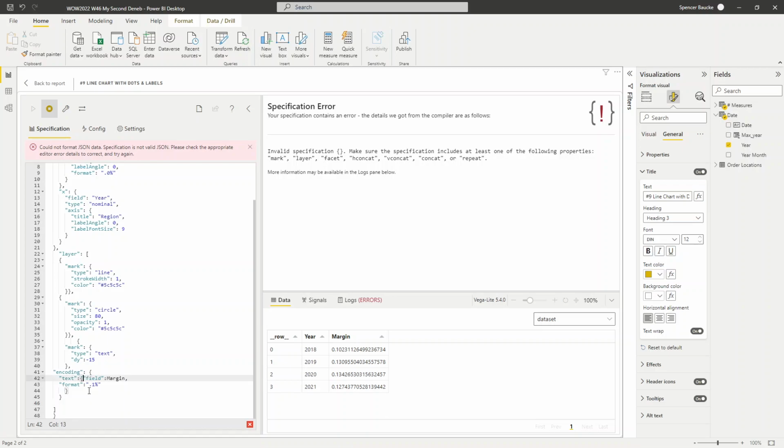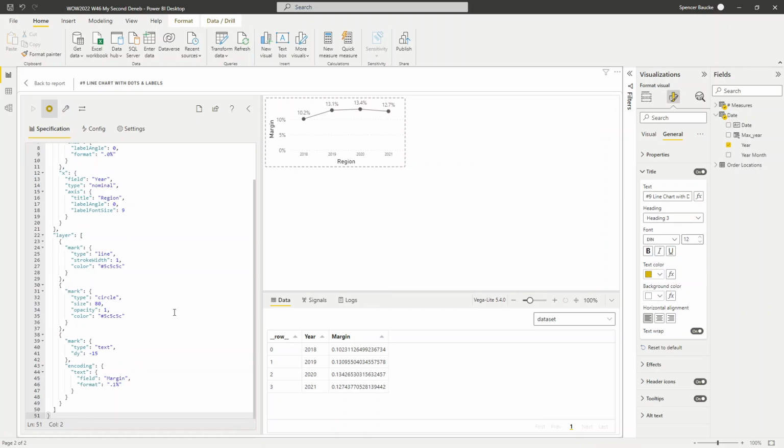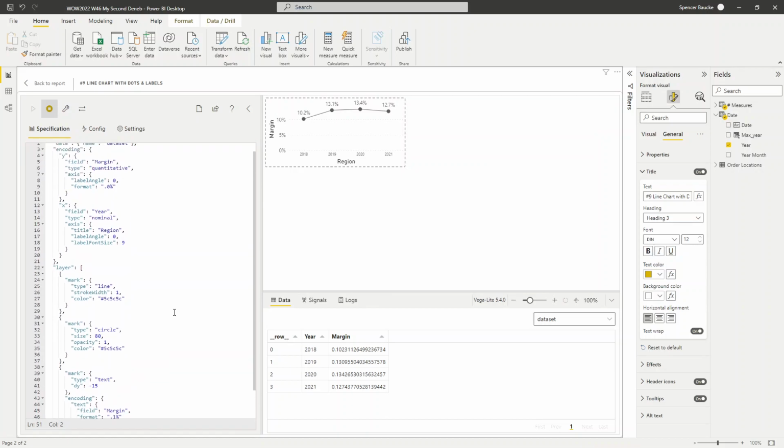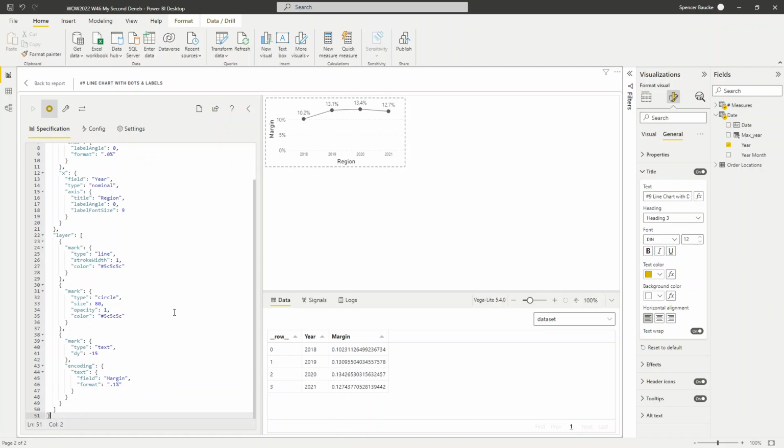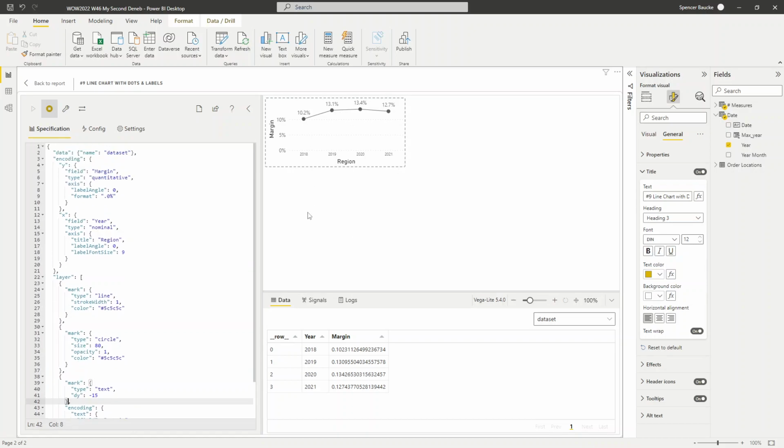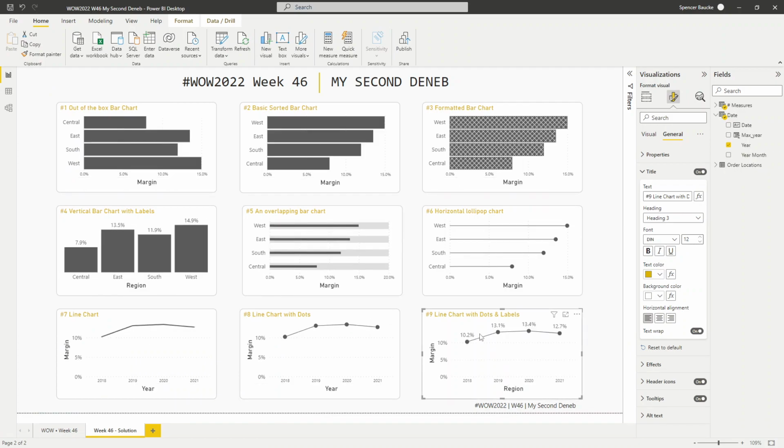So when you add this field in here, you also need to close it. There you go, and it closes that, closes that. Boom, boom. All right. I know that was a long and winding journey to get there, but we did look through all of our errors and we were able to debug them and understand, hey, we need to be able to close each of these segments. So we are able to find the ones that matched up. And now you can see that we have our bar chart, or excuse me, line chart with our data labels